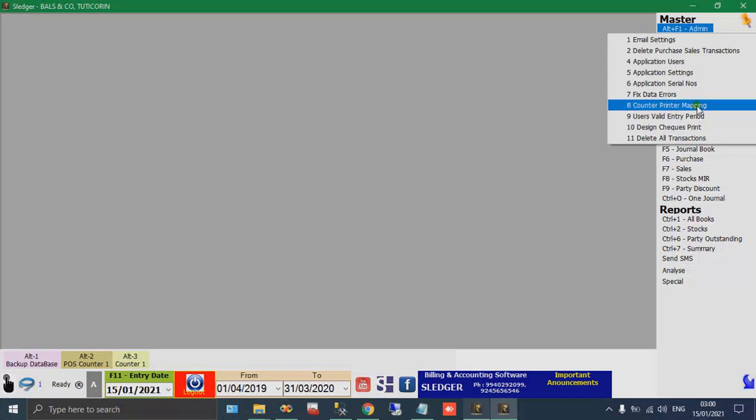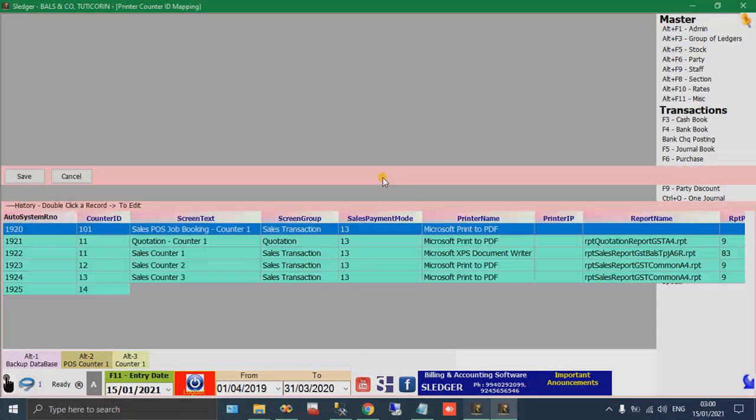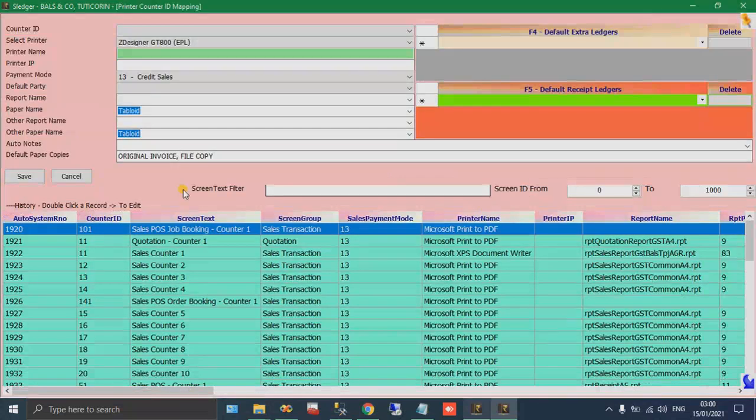Right click here and select your new company, Everwin agency, and select copy settings to above company. That's all. Settings are all copied now. So now your new company will work like the old company, Balls and Co. Okay, that's all. And another thing is, yeah, printer settings, application settings I have shown to you.